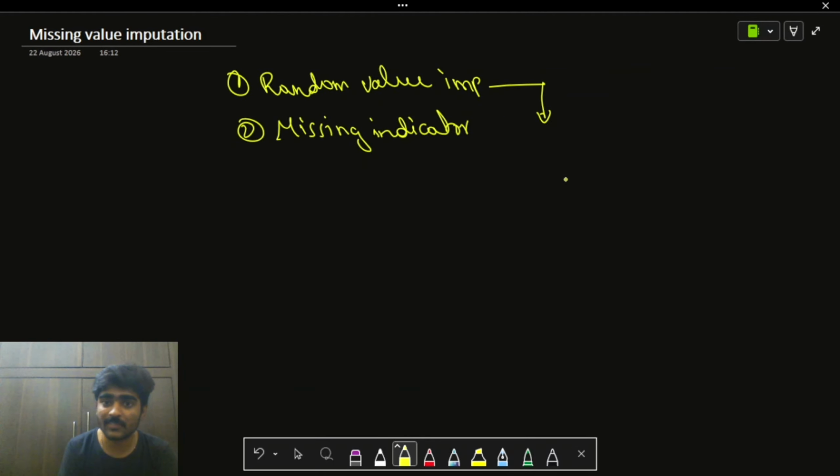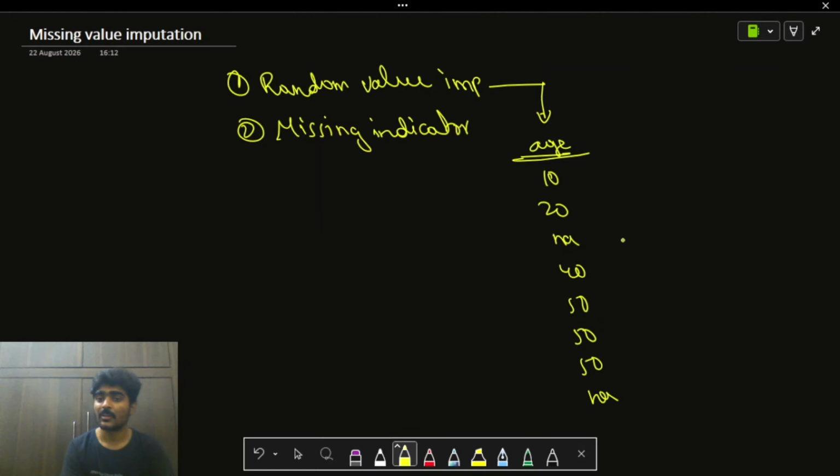Just to explain with an example, let's say I have a column named age. In this I have a few values: 40, 50, 50, 50, NA. You see these are my two missing values.